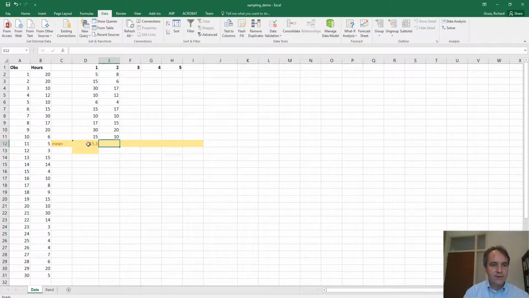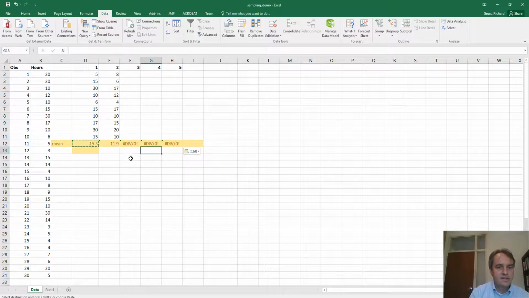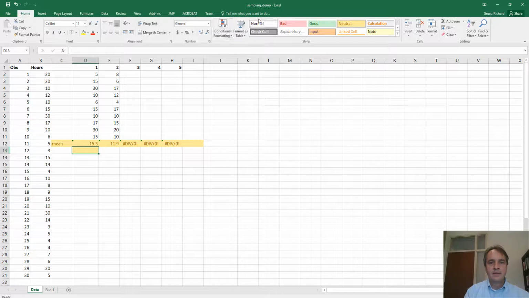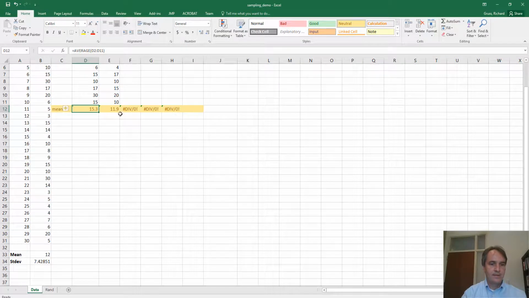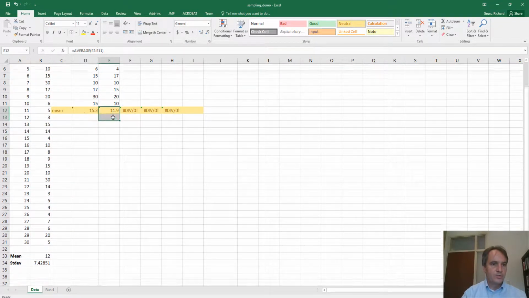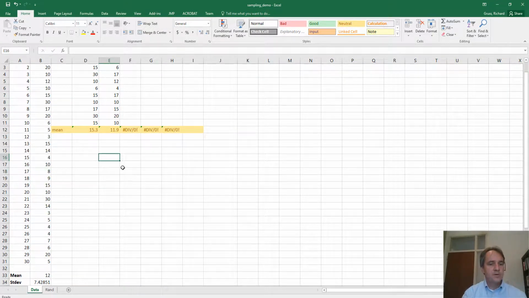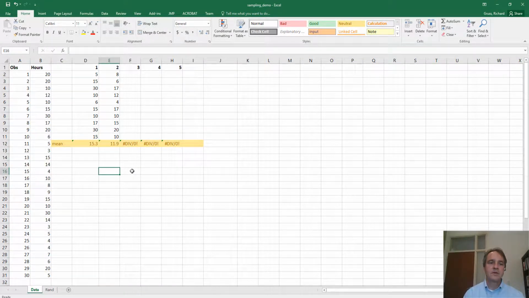I want to take the mean of all of these, so I'll copy from here. Okay. Now it looks like these aren't going to calculate because there aren't any observations there yet, but let me format that as normal. Okay, so it looks like this particular sample wound up with a mean that was actually too high, and this one was a little bit too low. So by virtue of sampling error that's inherent in this, we always wind up with a mean that's a little